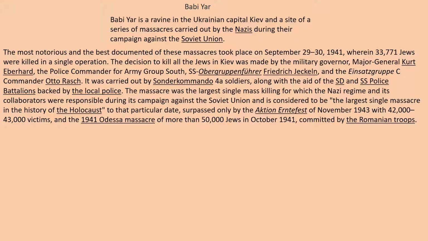The massacre was the largest single mass killing for which the Nazi regime and its collaborators were responsible during its campaign against the Soviet Union, and is considered to be the largest single massacre in the history of the Holocaust to that particular date, surpassed only by the Aktion Erntefest of November 1943, with 42,000 to 43,000 victims, and the 1941 Odessa massacre of more than 50,000 Jews in October 1941, committed by Romanian troops. So, though this is certainly the largest one in Ukraine,